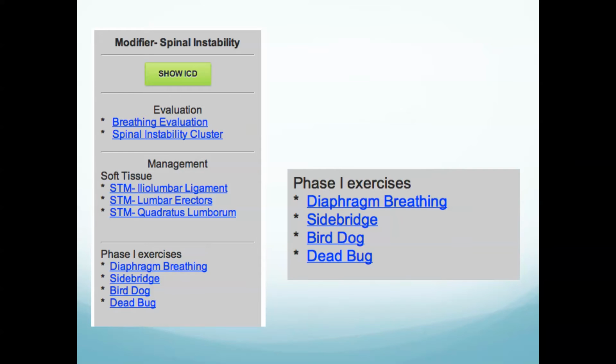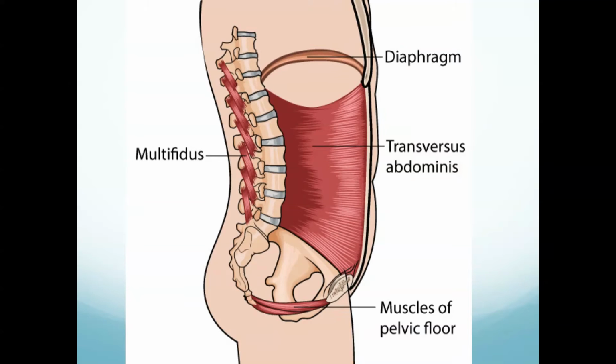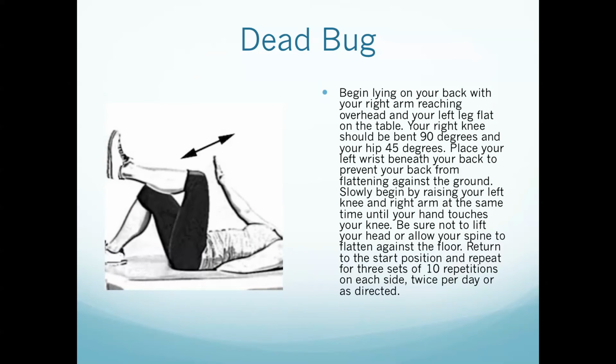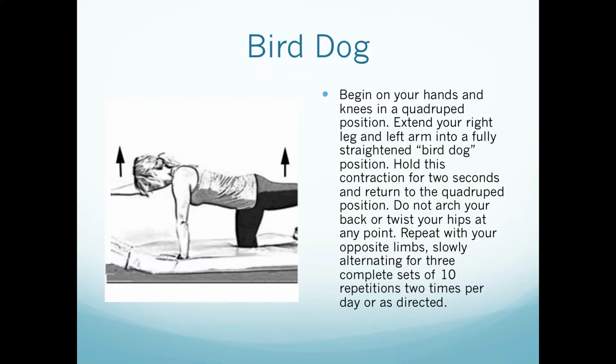So some of the exercises that are appropriate for that would include the dead bug, the side bridge, and the bird dog exercises. And these exercises obviously target a balanced coactivation of this abdominal canister. So we want the diaphragm, the pelvic floor, the abdominal muscles, and lumbar rectors to work in concert. And the optimal mix of that strengthening needs to be a balance between the superficial spinal muscles and the larger spinal muscles, and obviously the remainder of the canister. So a good exercise for that is a side bridge, a dead bug exercise, a bird dog exercise,